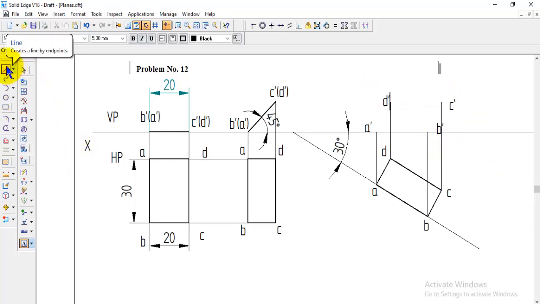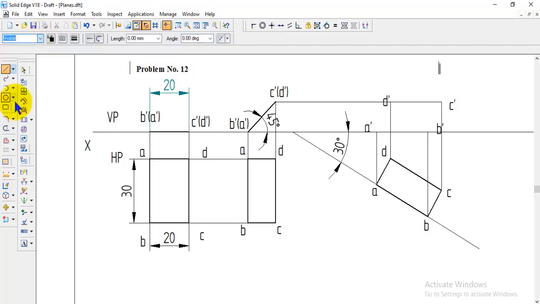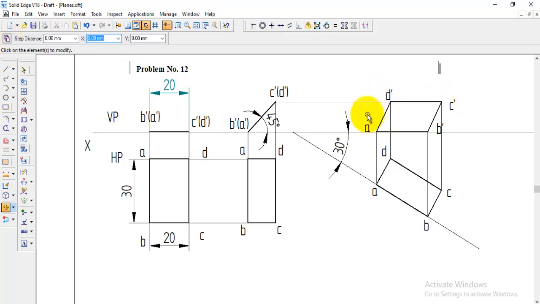Now we got all the points, and now we can join with the visible line. Go to line, visible line. You can start with the A dash to B dash to C dash to D dash and back to A dash. Okay, once we finished, you can switch off the copy. To keep the name properly, we have to place it. So while placing it, you can switch off the copy option, then you can keep all the namings in a proper view. It should not be overlapped, or it should not be away from the respective points. So like that, we need to place it in a proper position. Like this, after finishing everything, the problem will be completed.